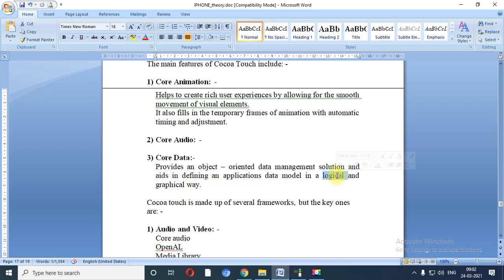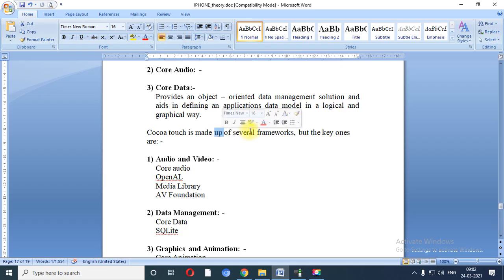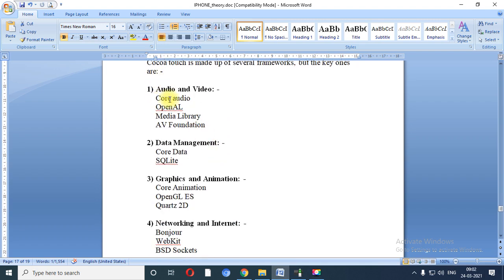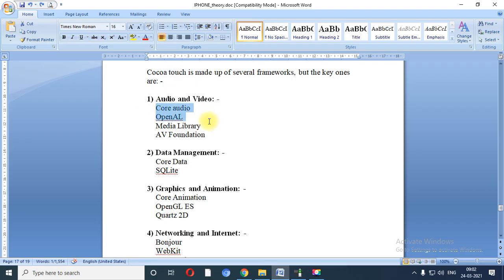That means you can store your data by having designing as well as coding, that is called the graphical way and logical way. Now Cocoa Touch is made of several frameworks, but the key ones are, see, if you want to use core libraries for audio and video, it has Core Audio, OpenAL, Media Library and AV Foundation. So these all are the frameworks which are integrated with the Cocoa Touch, right? When you want to develop your application based on audio and video, at that time you can use the following frameworks.